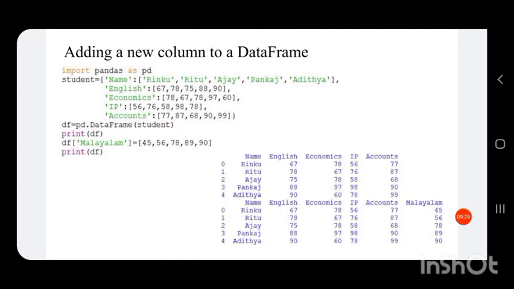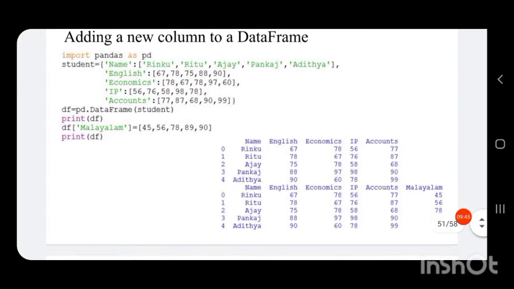So to add a column in a data frame, we have to write the data frame object, that is here we have df, the name of the data frame. Then in square brackets, in single quotes, the name of the column to be added. Then is equal to, in square brackets, as a list, the values.